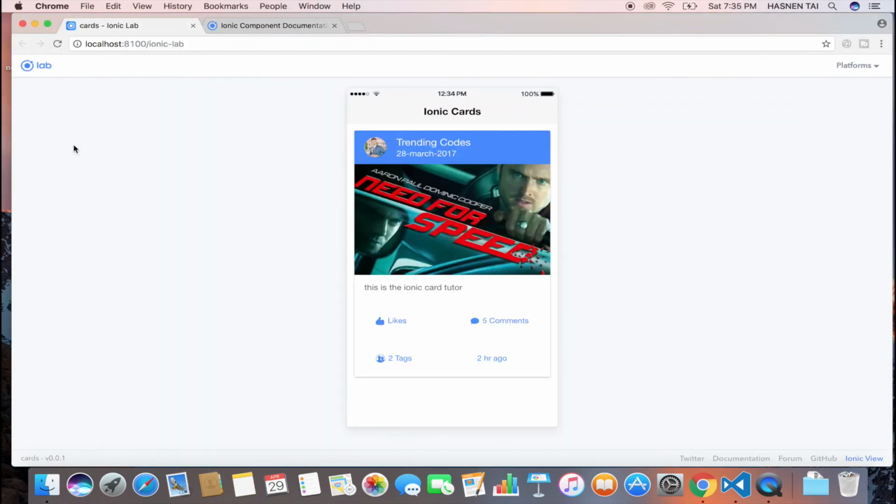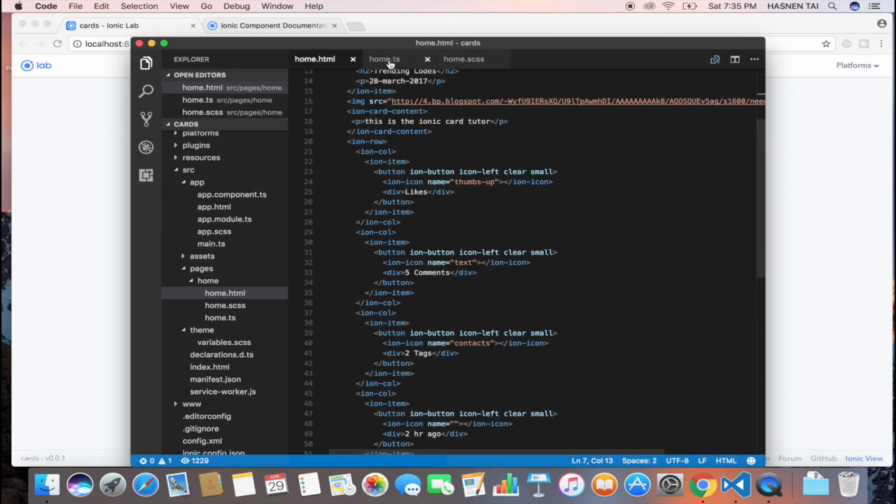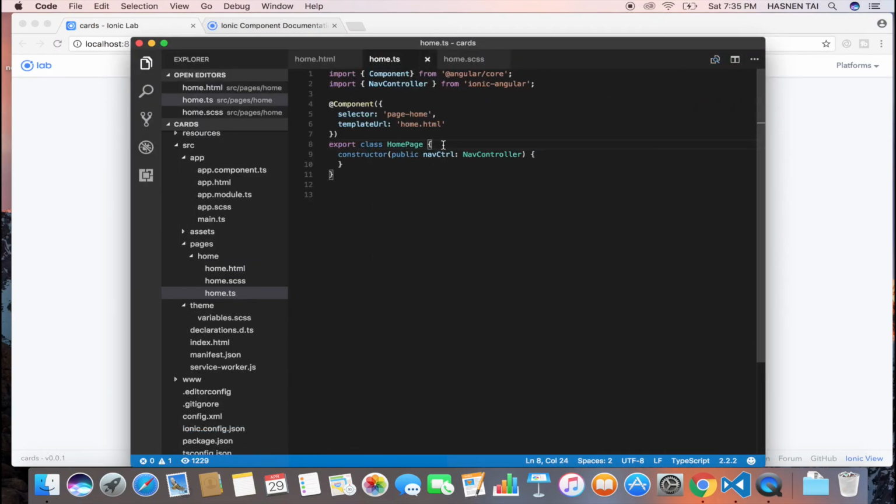padding. Okay, so we have created our card successfully, but the problem is we are getting a single card right now. But what if we want that card to be present on the screen dynamically? To do that, we are going to work with the home.ts file, and inside the home.ts file we are going to create one empty array called upload, and I'm going to initialize that array empty over here, and inside the constructor I'm going to push some data into the upload array. So to do that, I'm going to use this.upload